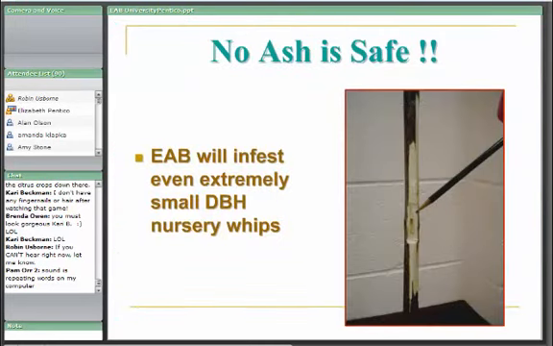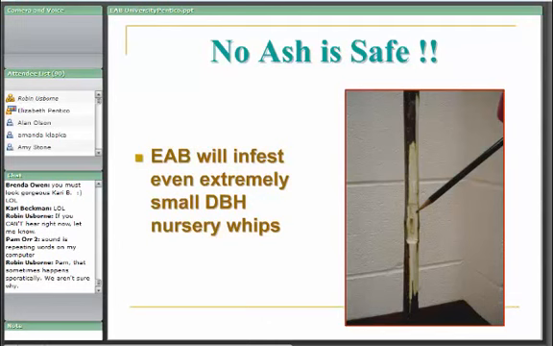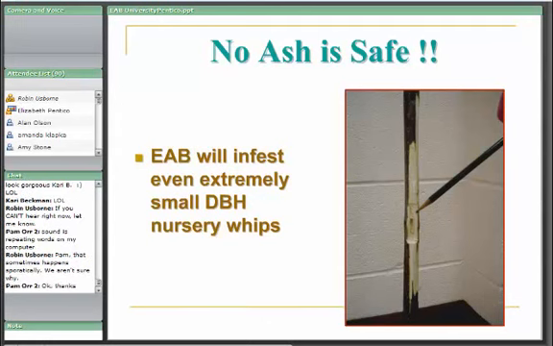And it's also important from a regulatory standpoint to understand that size is not really an issue. With Dutch elm disease, if you're out and about, you will find that most of the elms in the environment get to a certain size and then they become infested and die, but the size they get to usually allows for reproduction. So although we don't have the useful elm that we used to have, it hasn't completely died out in the environment. But because emerald ash borer will infest these very small nursery whips, and please use the pencil for size,